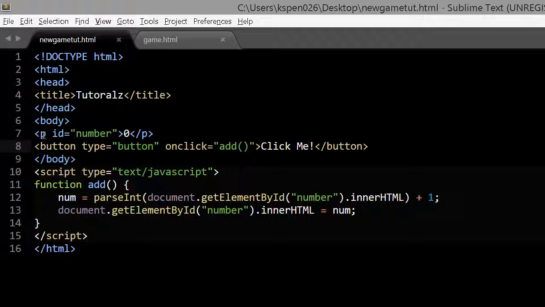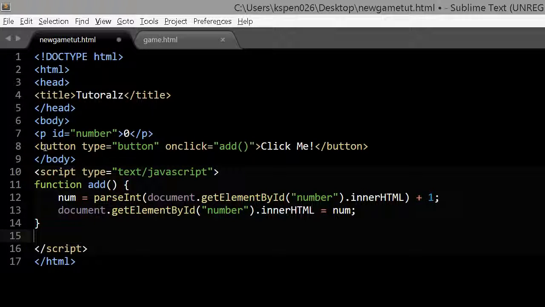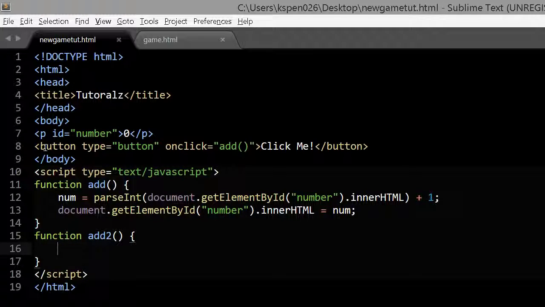Back to this number variable. It's public, and what I can do with that is if I had another function called add 2, I guess. No idea. This is basically just another button that adds 5 instead of 1, I guess. And really, to be able to use that num button,